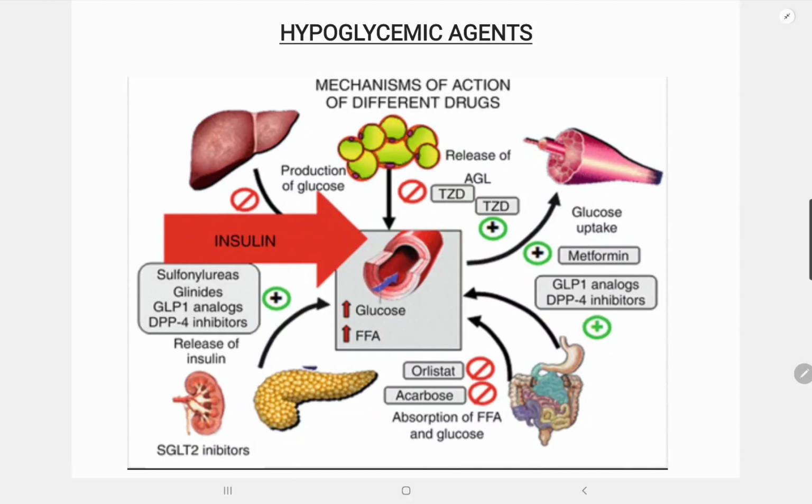Now, glyburide and glipizide are the ones that repeatedly show up on USMLE, and they just want you to know the